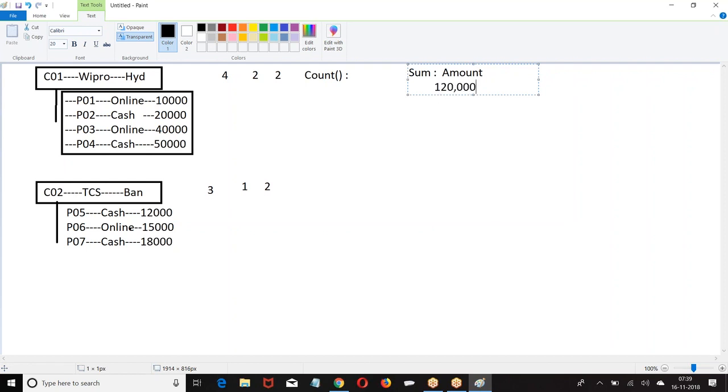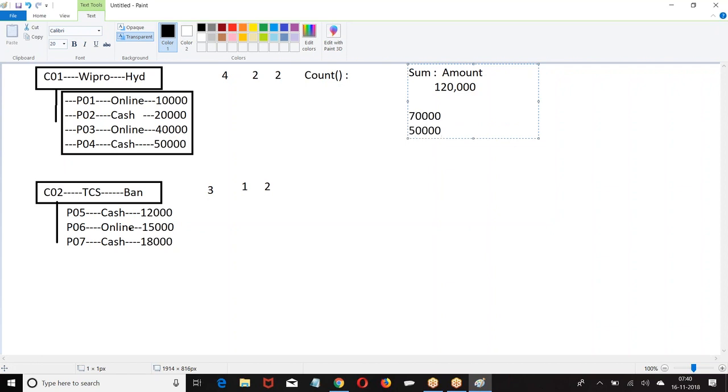Now I am saying, don't take all the records. Take a sum of cash records. If you set sum of cash records, it is 70; sum of online, it is taking 50.